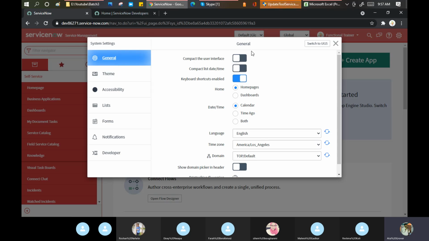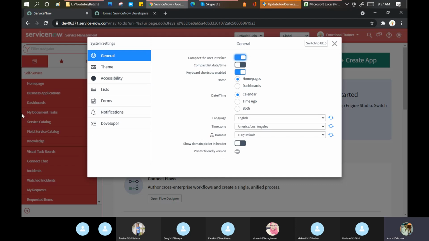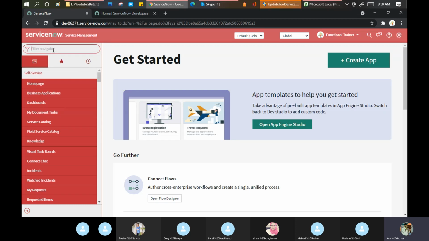I click here. So that is one thing. The second thing is compact the user interface. See, now you can see the letters are a little bigger. I click here. See, the spacing has been reduced. Right? Compact list date and time. Let me go here and go to incident.